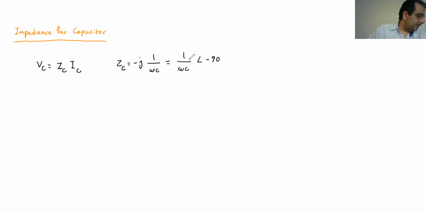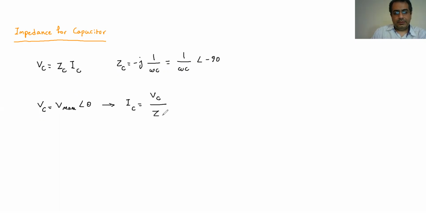So this is what we have for the capacitor. Similar to the inductor, if I assume that the V in the capacitor is going to be V max with angle of theta, then if I assume this, I know, looking at this equation, the capacitor current is going to be VC